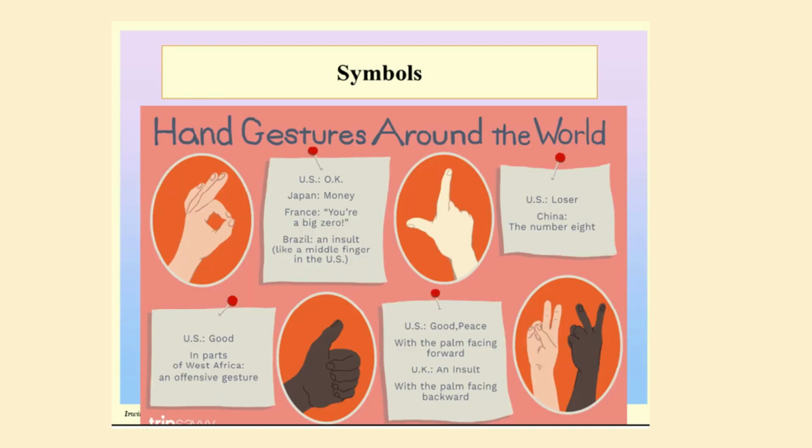Symbols also hold a very important position when it comes to non-verbal communication. The way you use your hand gestures, as given in this example, may tell you that in one country a hand gesture may feel very good or okay, while in another country it may be very insulting or very offensive. So if a company fails to recognize the meaning assigned to a symbol, it can cause some serious problems. For example, a company had to change its thumbs up ad in Russia and Poland, because in that ad the thumb was showing the palm of the hand, which was offensive. So they simply changed it to show the back of the hand.